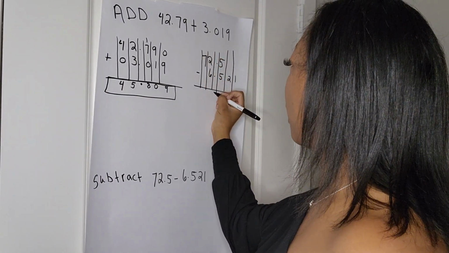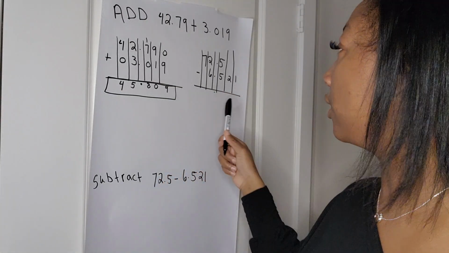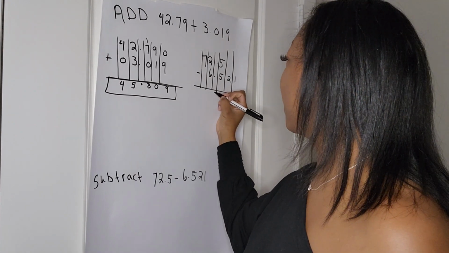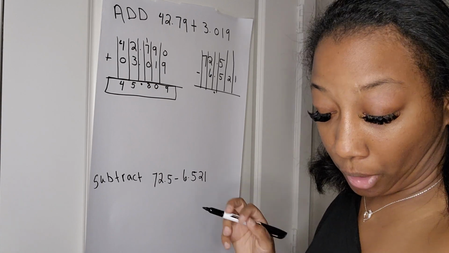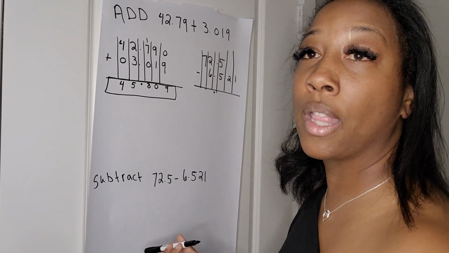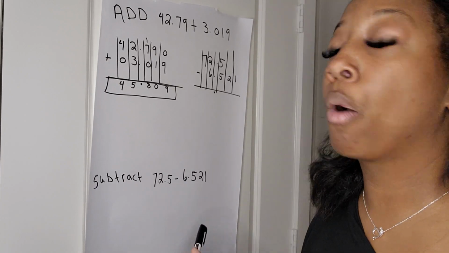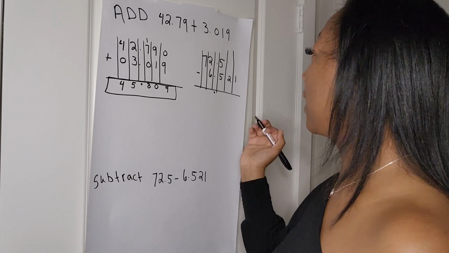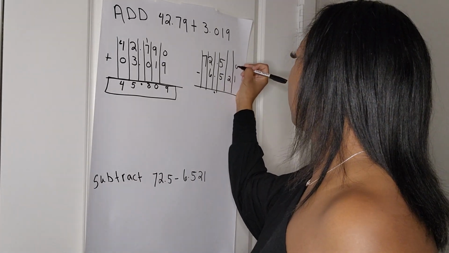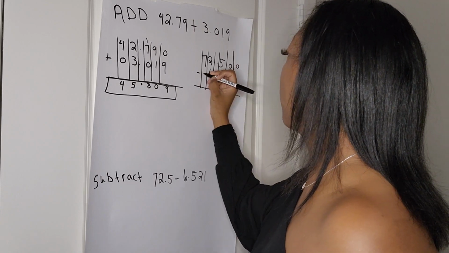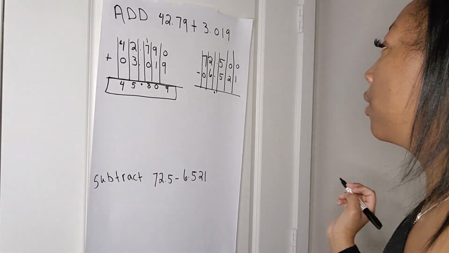Once again, I am going to drop down my decimal points. As you can see, I have placed my decimal point down below already. The rules are the same with subtracting as they are with adding, except I am going to borrow as needed. So once again, I am going to fill them in, which means I am going to bring my zeros in the places where they have no number. So there we are, 72.500 subtract